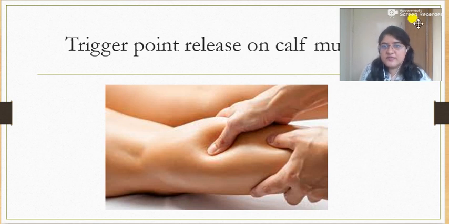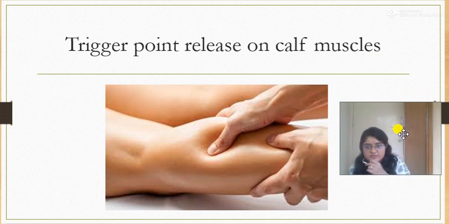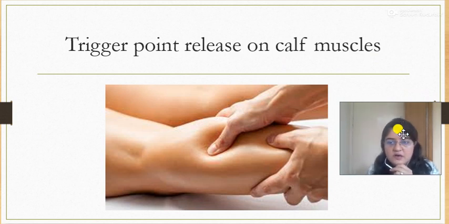This is the trigger point release at the calf muscle. So what is the purpose of the trigger point release, which is shown in the picture? The therapist is releasing the trigger point, and why is it important to release the calf muscle trigger points when the problem is in the heel bone? The reason is that the patient might be suffering from referred pain in the heel, and that referred pain in the heel is coming from these trigger points in the calf muscles, and so it is important to do the trigger point release at the calf muscles if there is any.